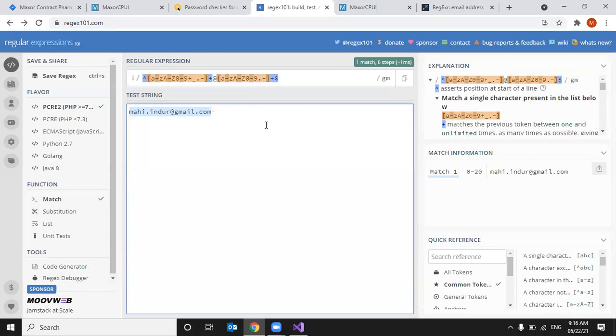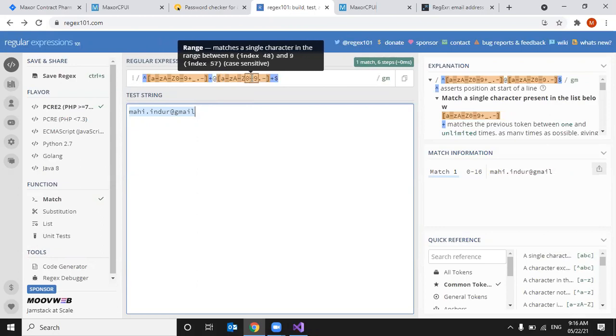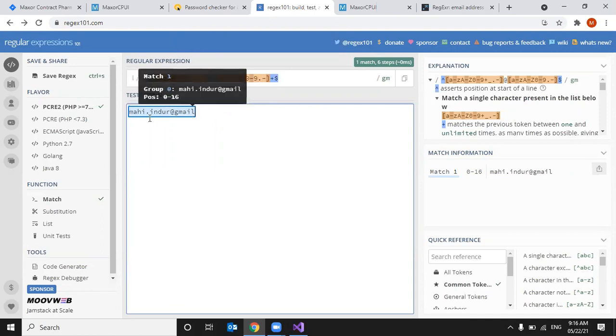I'll give one more. See here, it is matching because after the @ symbol, I can set A to Z, 0 to 9, dot, hyphen, and repeat many times. After @ I wrote Gmail, so it is matching it. It took it as a valid email.